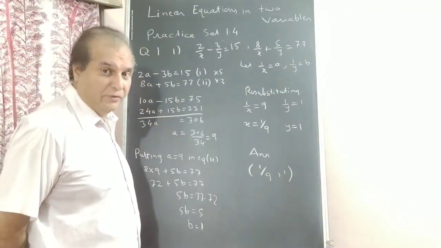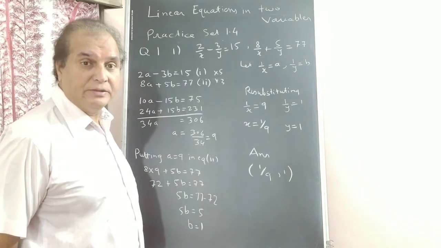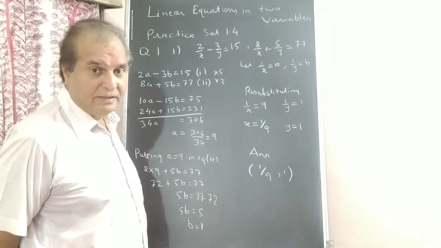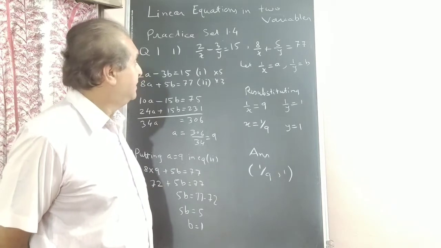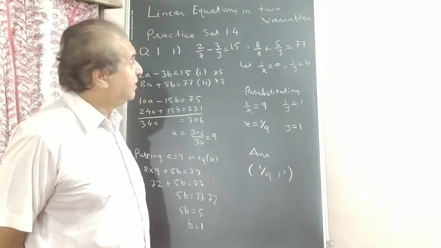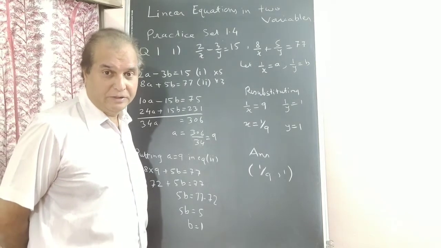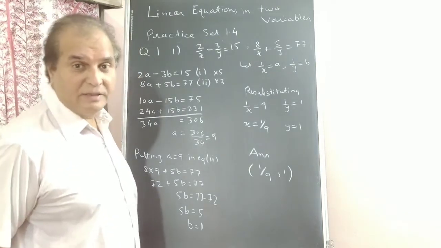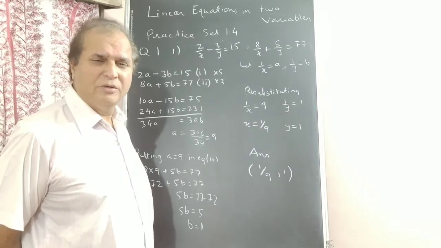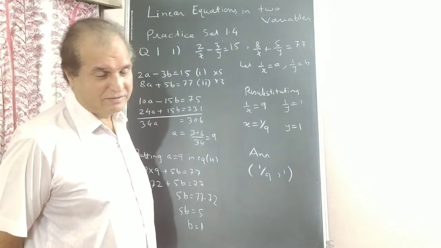Exercise 1.4. I hope you have understood 1.3. You can ask me doubts, trying different sums, different methods. This 1.4 has slightly higher mark sums, because x and y are in the denominator, so it is not an easy substitution. But you can make a suitable substitution to simplify the sum. As for the method, you can use Cramer's rule, elimination method, or substitution, it makes no difference.